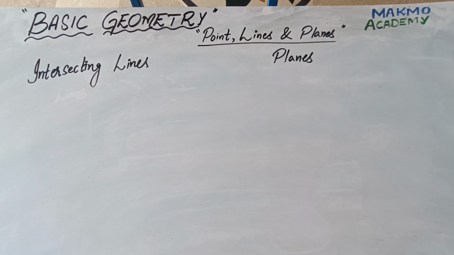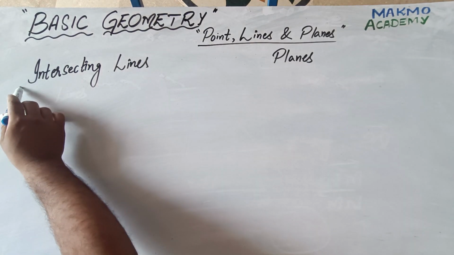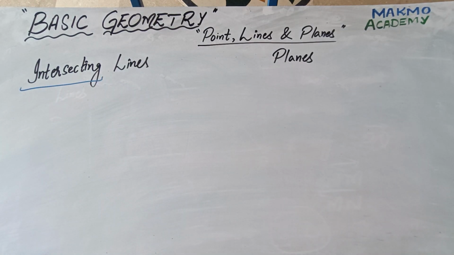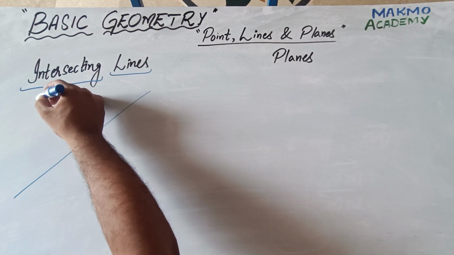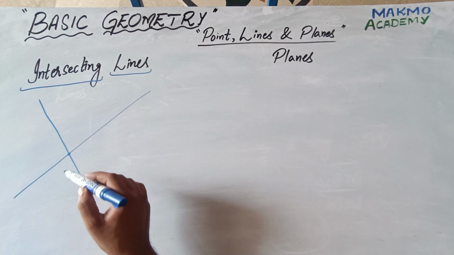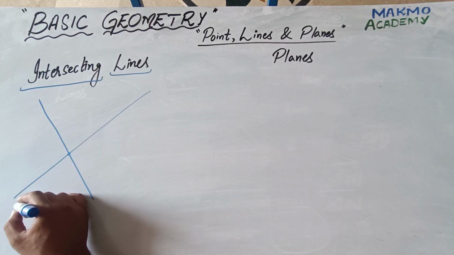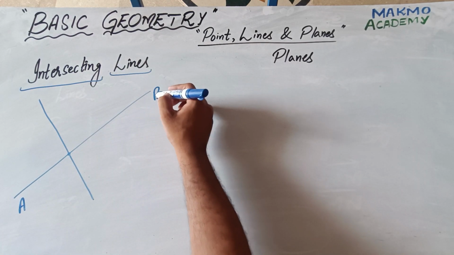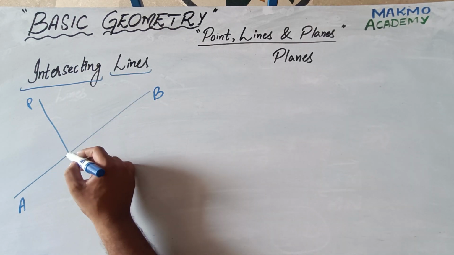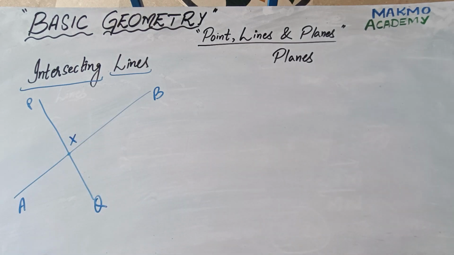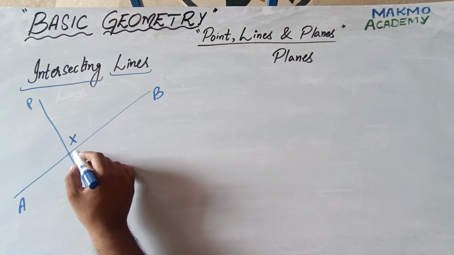Now let's discuss intersecting lines. The word intersect means where two things meet together at a common point. So if two lines meet at a common point, those two lines are called intersecting lines. For example, if we name this line as AB, and we have another line PQ, and these two lines intersect with each other at some point, and that point is common between them, which we can label as X,